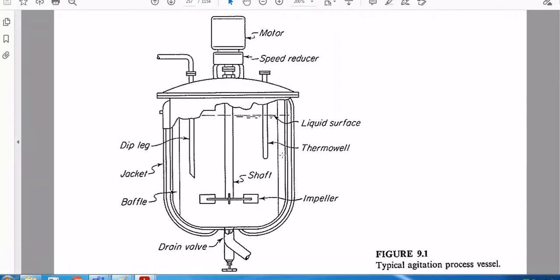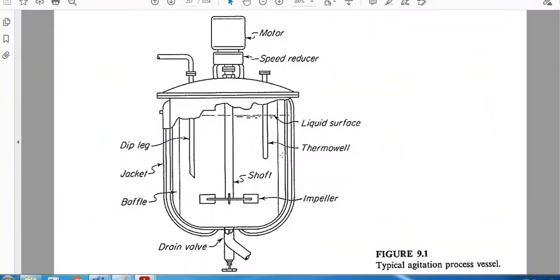So as you are pumping ammonia, the operator cannot see anything. The only thing available to him is the digital thermometer. And we have already said that the temperature has to be kept at 20 degrees centigrade. Now imagine if the temperature is increasing to 30, 35, 40, what is the meaning of it? Your agitation system has failed. Why? Because we are not able to bring fresh liquid in concentration near to the droplet.